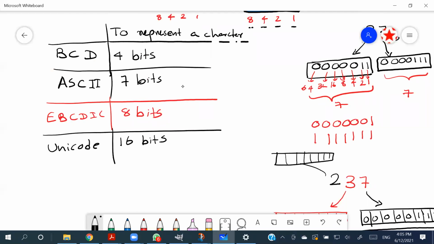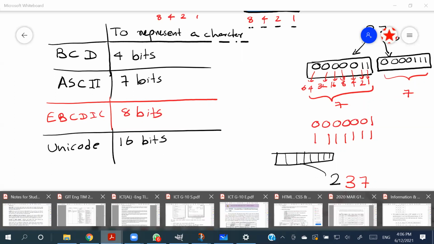Unicode can also grow. Now Unicode is bigger than these 16 bits. Right? It was introduced many years back, like 10 to 15 years back, right? But you can represent 65,000 odd characters from the Unicode system, right? So those are the coding systems that we have.